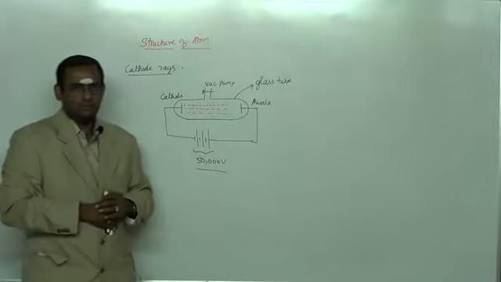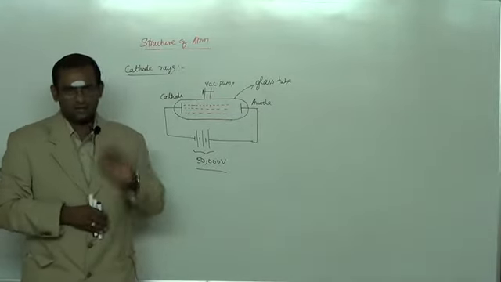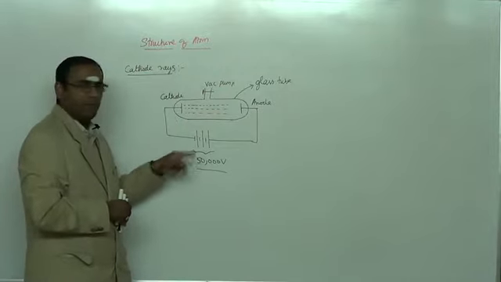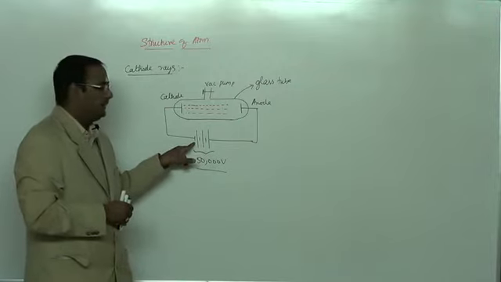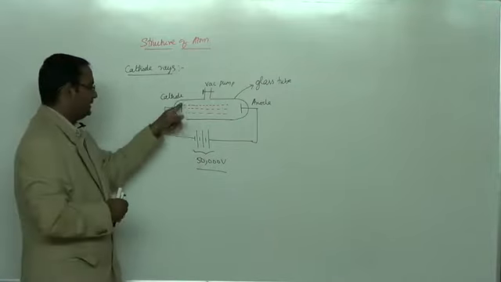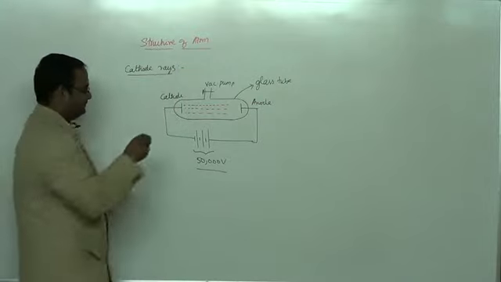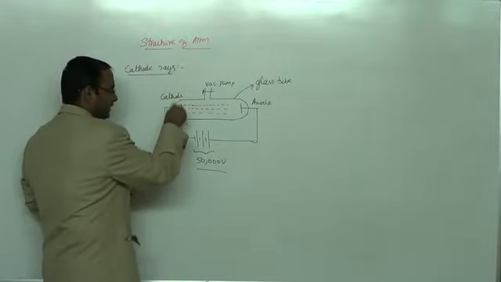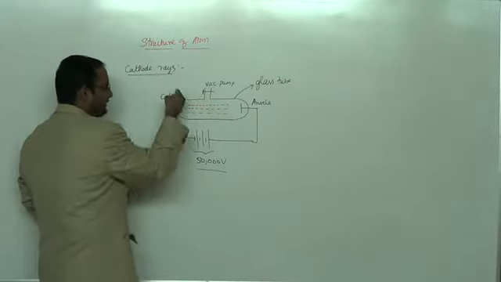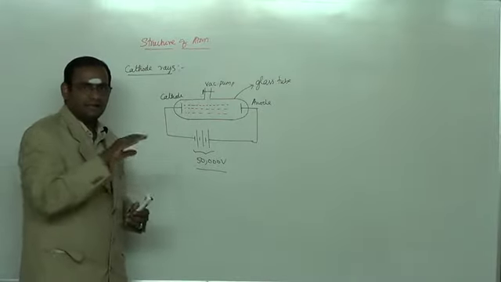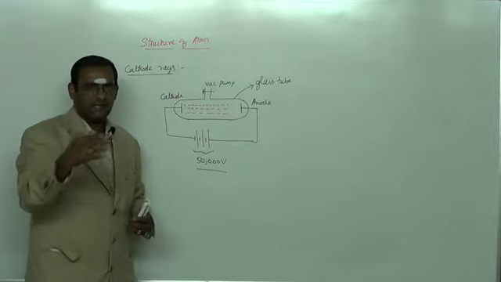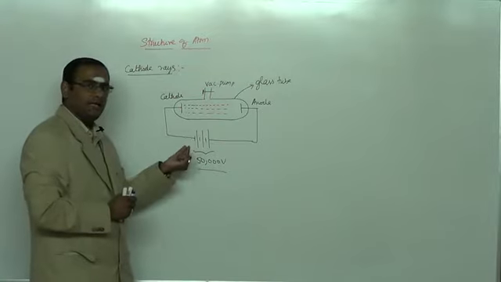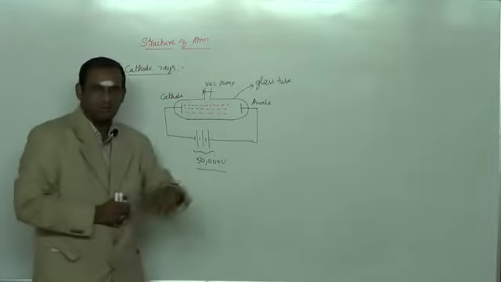And it has been proved that cathode rays are nothing but electrons, because the cathode is connected to a very high negative potential. So maybe we can say that this very high negative potential is repelling the electrons of the atoms present on the surface of this metal electrode. This cathode should be a metal plate consisting of a lot of atoms, and these atoms have excess valence electrons in their outermost shell, and these valence electrons may be repelled by this very high negative potential, and hence they come out of the cathode.